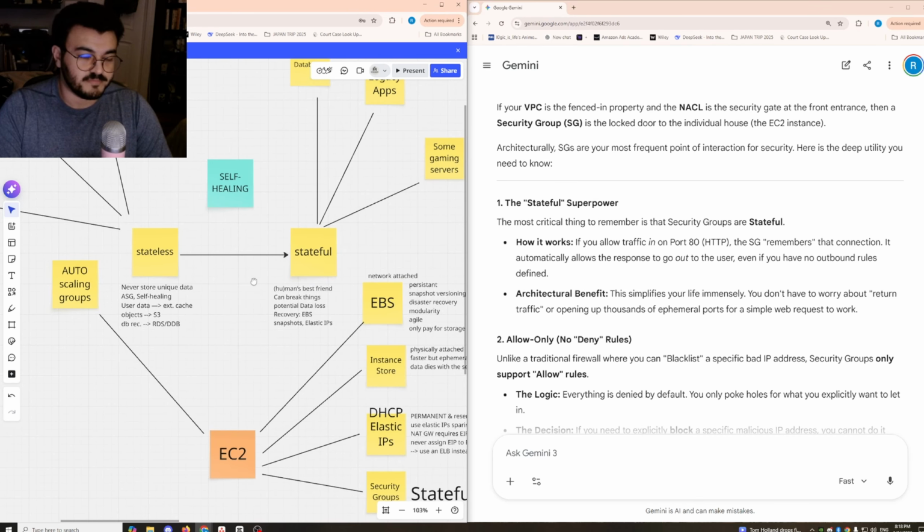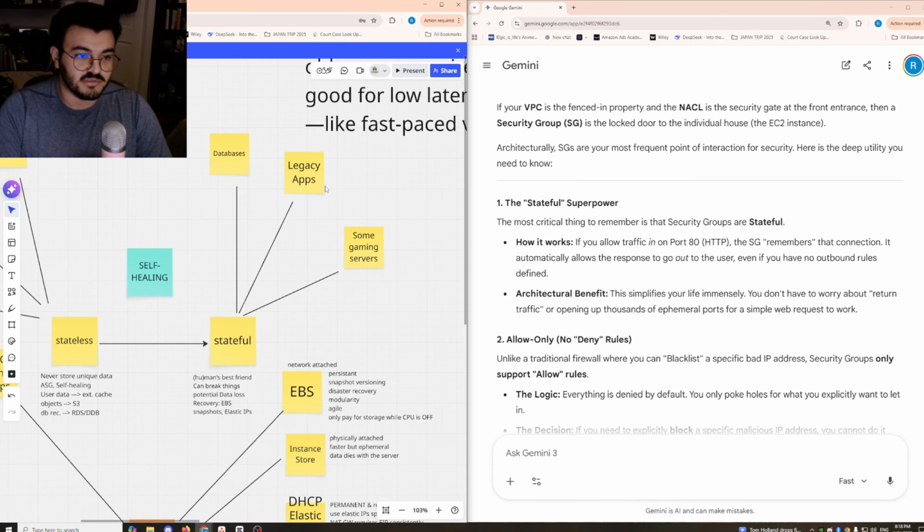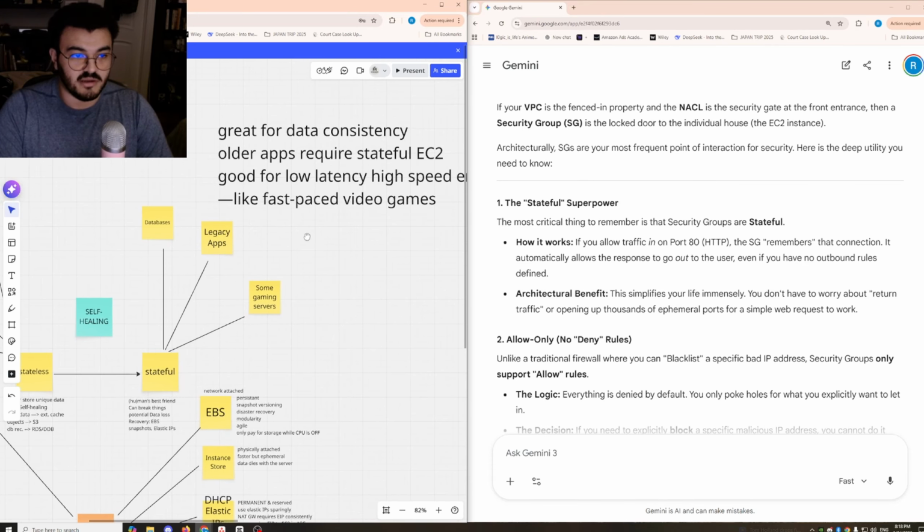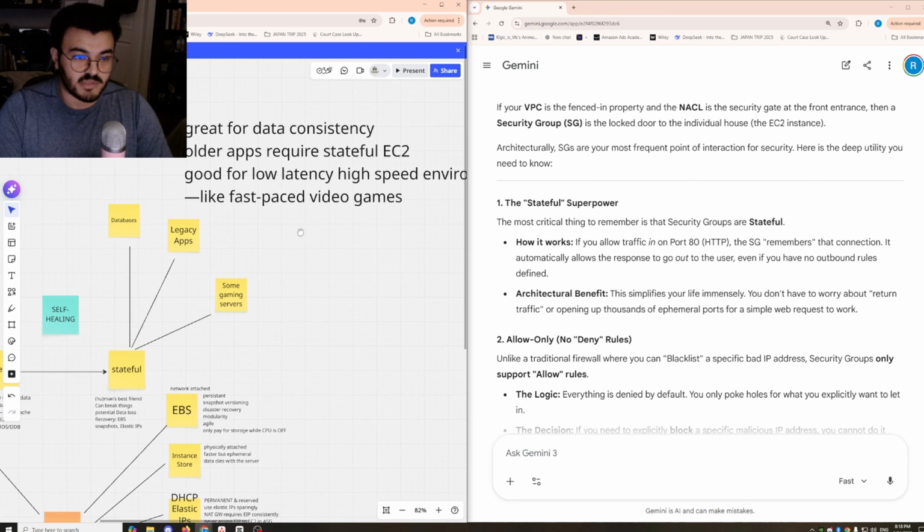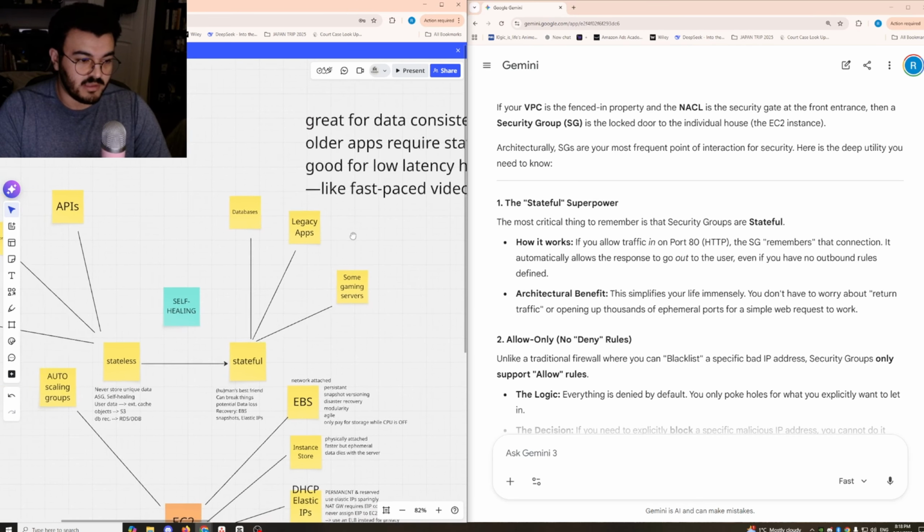So for gaming servers, legacy apps, and databases, it's good because you need data consistency. Some older apps, the code is not as advanced, they can't communicate on a more complex level. And so stateful servers are good for video games, because it requires really high speed and really accurate information. It doesn't have time to query a database very slowly.